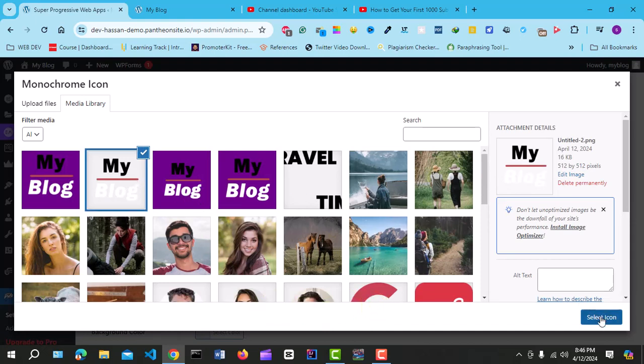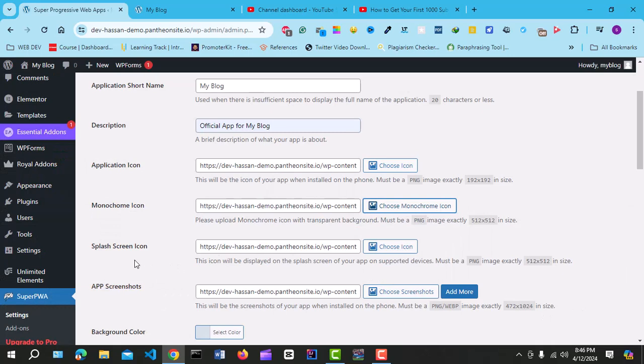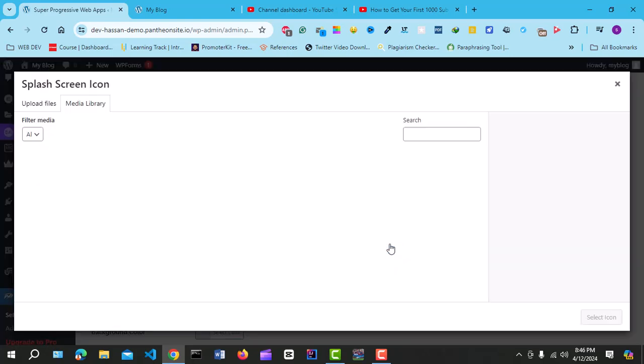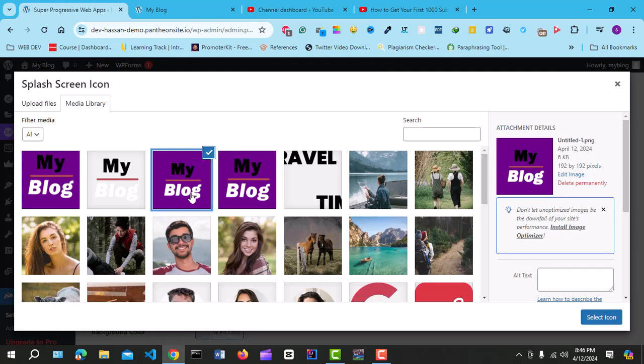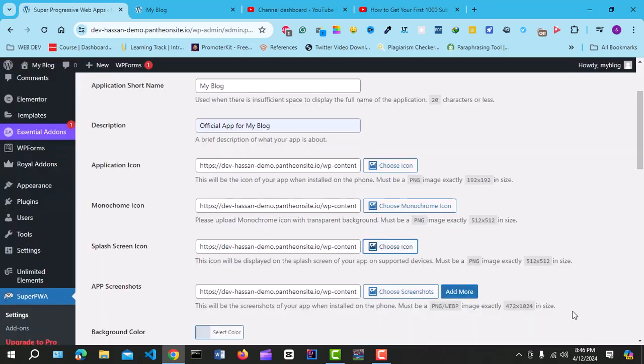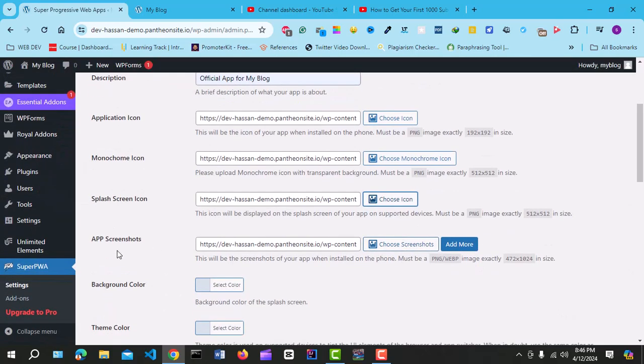So let me select that one, and let's go for the third one, which is the splash screen icon. That one too is supposed to be 512 by 512. So let me choose an image for that one too. 512 by 512. As you can see, it is here, and I select that one,